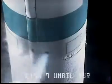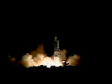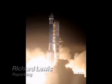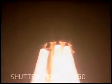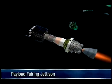3, 2, 1. We have liftoff. It's the end of an era as the Air Force's final Delta II mission lifts off from Launch Complex 17A at Cape Canaveral Air Force Station, Florida, carrying the nation's final GPS-2RM, the last spacecraft in the current generation of